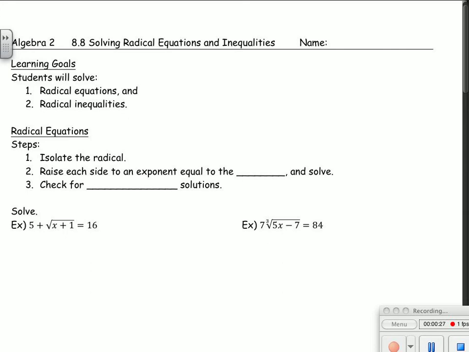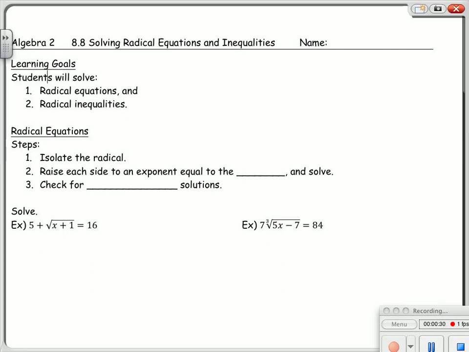2, raise each side to an exponent equal to the index of your radical, or the denominator of your rational exponent, and solve. Step 3, check for extraneous solutions. Any value derived from your original problem that does not solve that original. For the first example,